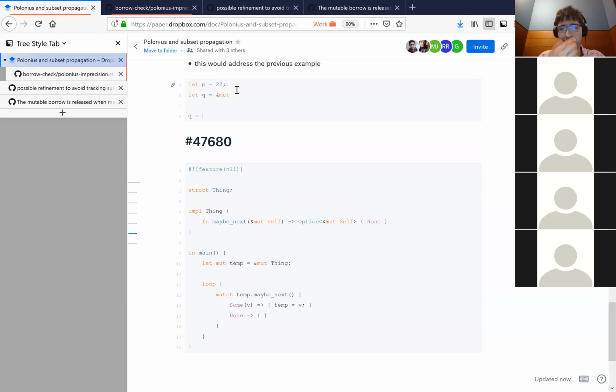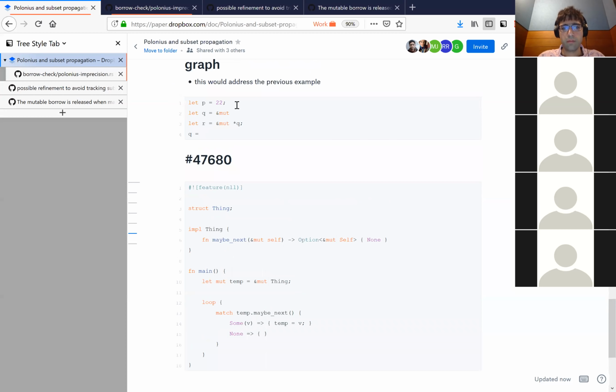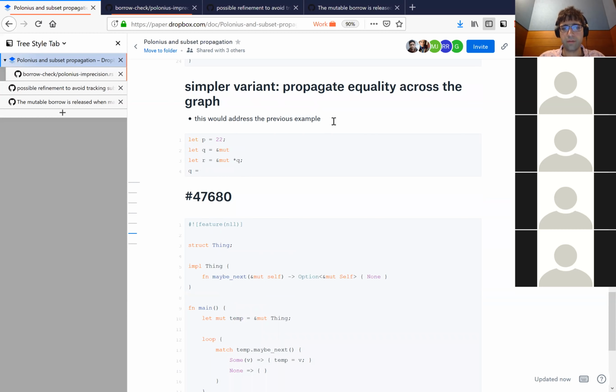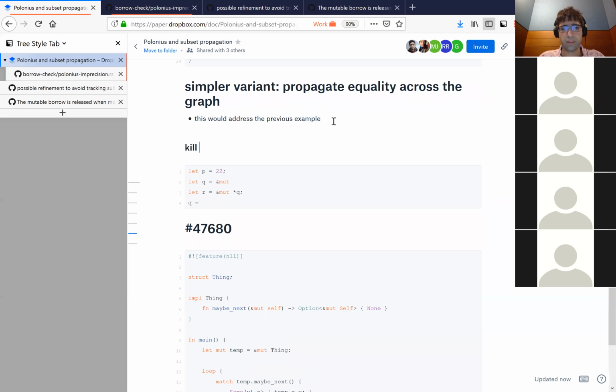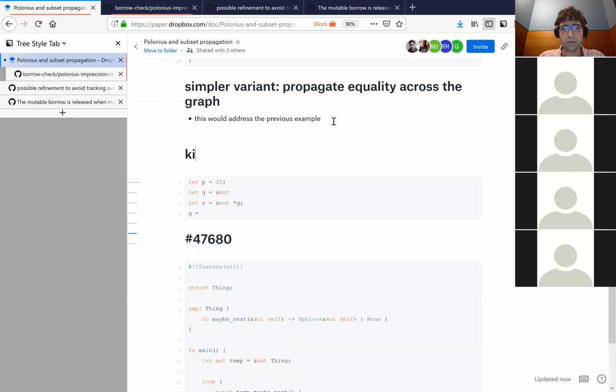The idea is when you modify a, I guess it would be something like this. Maybe we don't even have to go all the way to 47,680 to see the thing I was going to talk about anyhow. But the idea of the kill rules is that when you modify